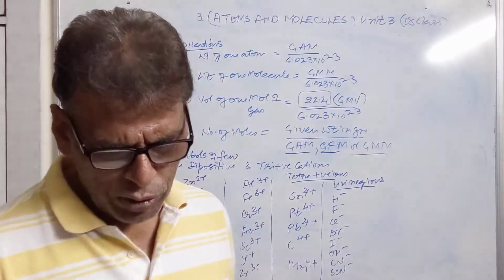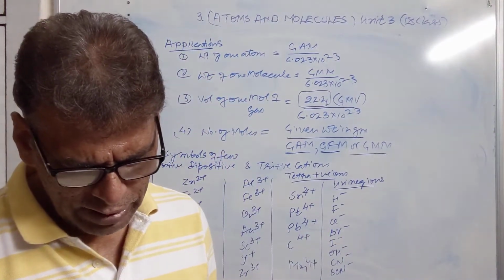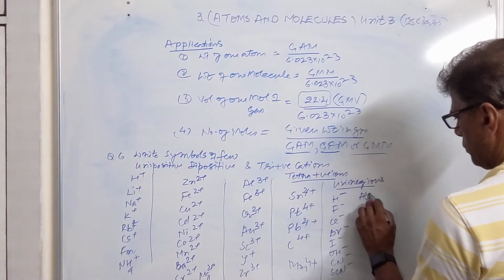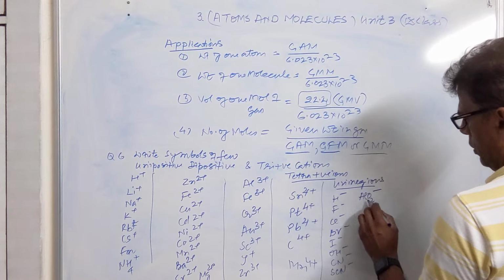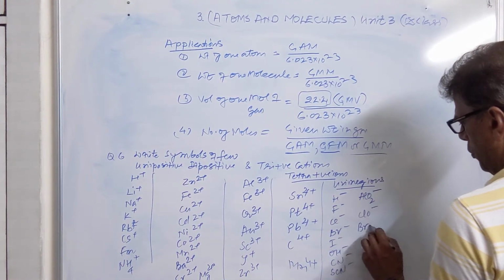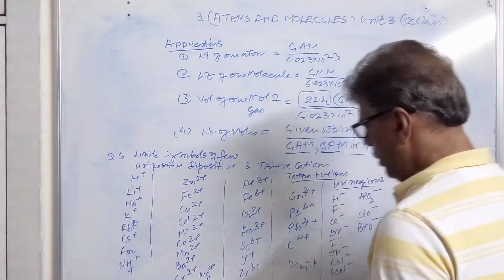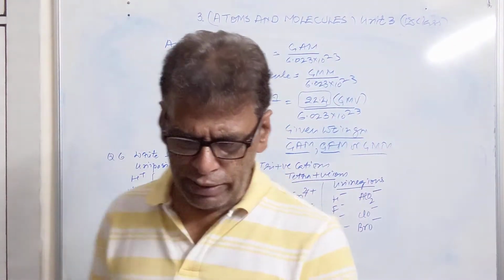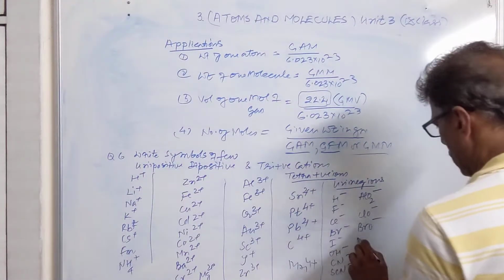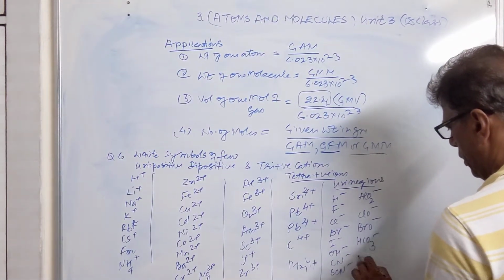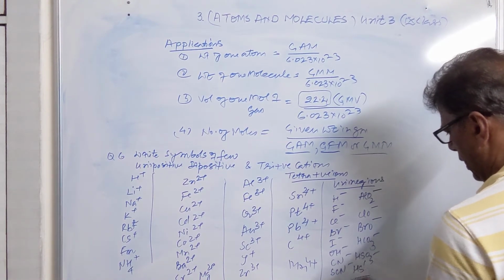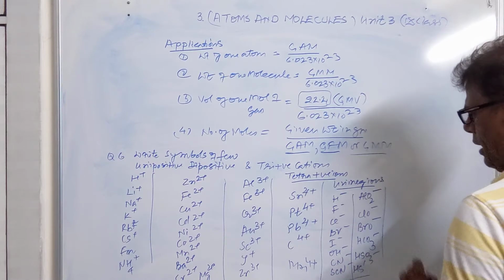Then we have some polyatomic ions which are having the negative charge, AlO2 negative. These are polyatomic ions, ClO negative, BrO negative. These are the species which have 2 atoms and a negative charge. We have HCO3 negative, bicarbonate ion. We have HSO3 negative. We have HS negative. So these are our mono-negative ions.